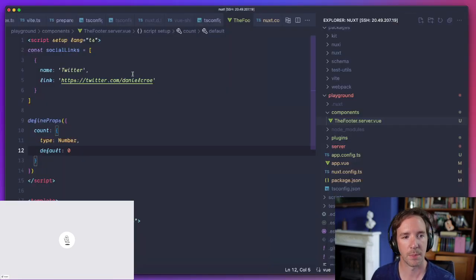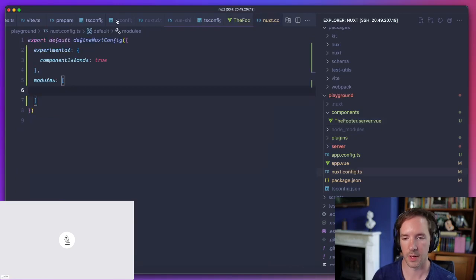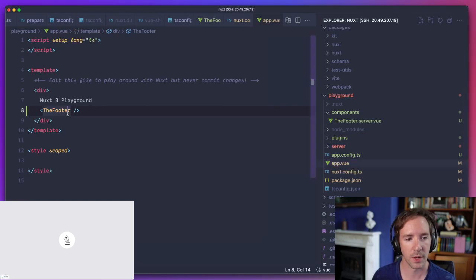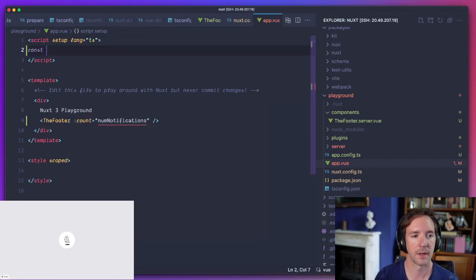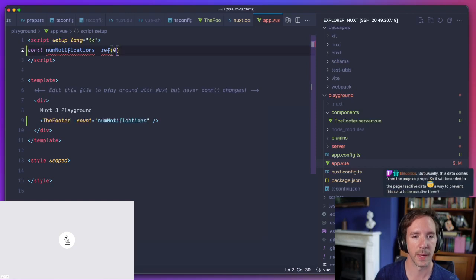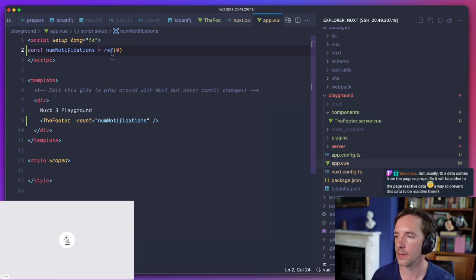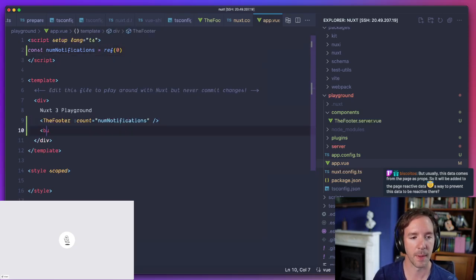But now we can actually pass props to it. So in my app, just as though it's a normal component, I will be able to pass count, num notifications, and we'll make that 0 by default, and we can add a button which says num notifications plus plus.